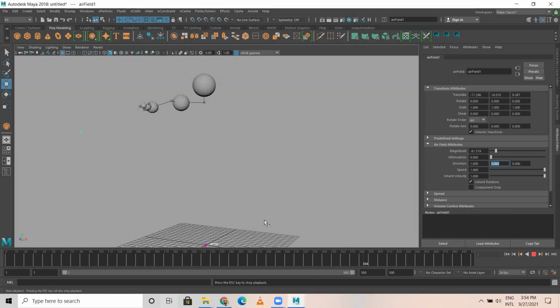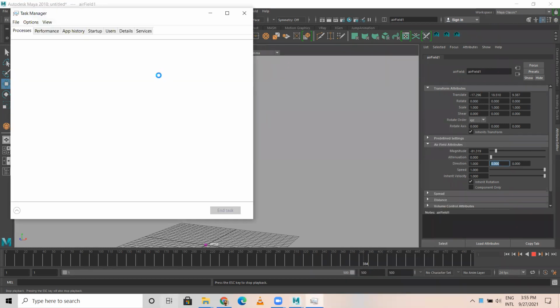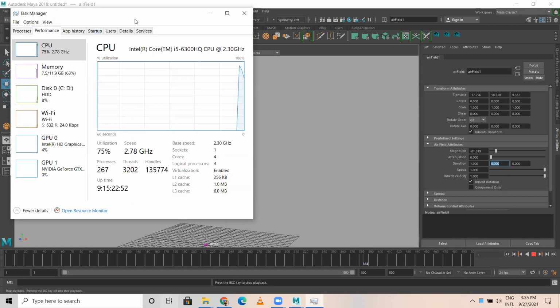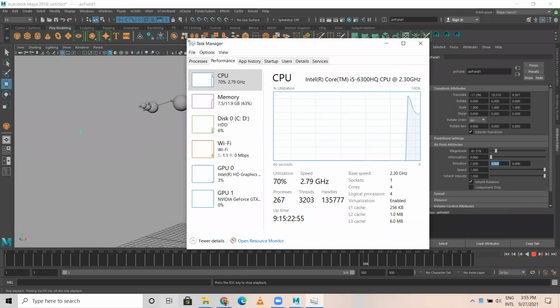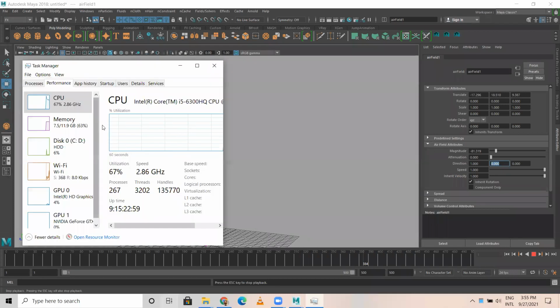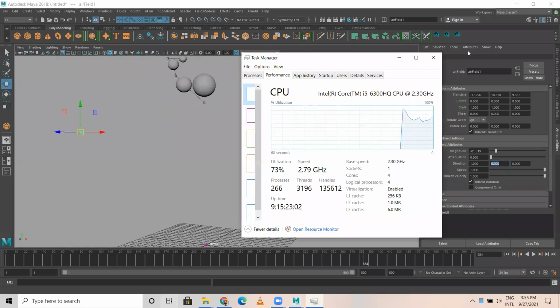That's why, see, these things take a bit more memory. How do you check that? I'm just going to Task Manager, in the Performance tab.